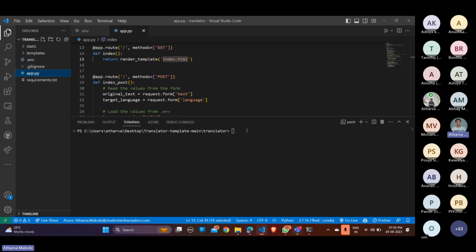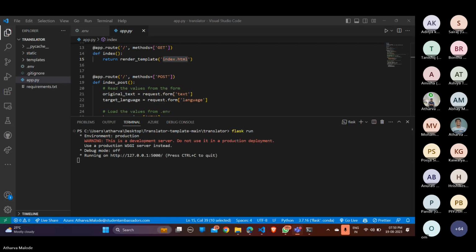अब हमें करना क्या है? Simply we will write a small command that is flask run. That's it. And hit enter. So you will see this message coming up. Is it visible on your screens too? तो कुछ नहीं करना है यार, बस हम ये लिंक कॉपी कर देना है।